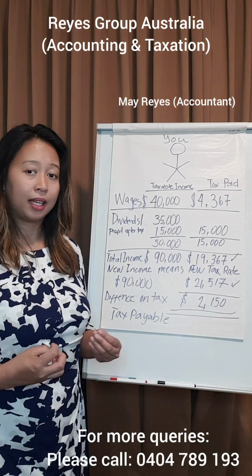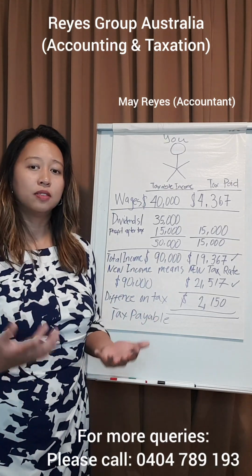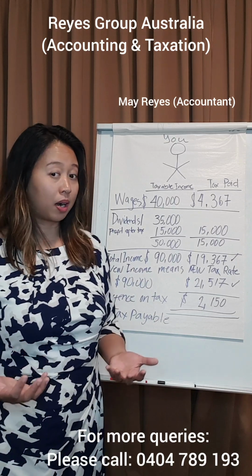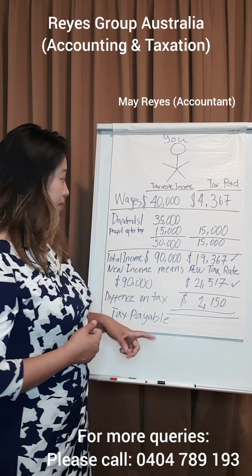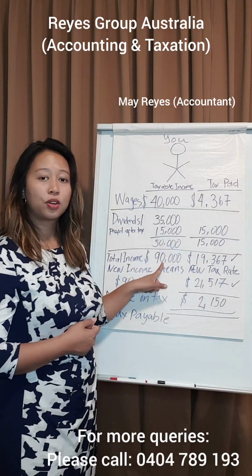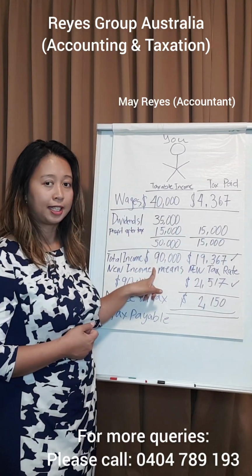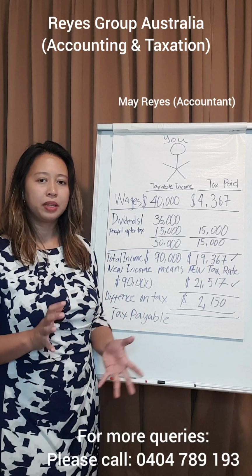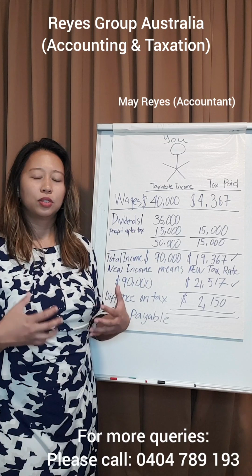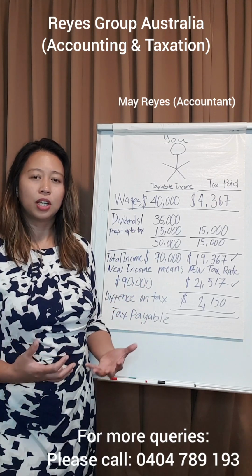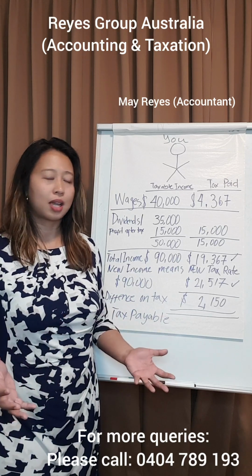But then again, remember on the first slide, what will be the effect of the dividends on borrowing capacity? It will be good, because your income will now increase from 40,000 to 90,000. I hope in this simple scenario, I tried to make it as simple as possible for a layperson to understand the complex part of the accounting side and how